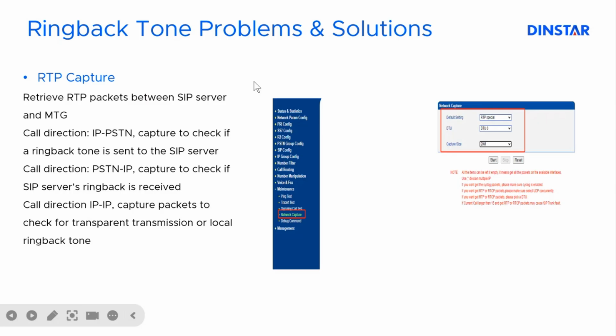Actions have different tracking focuses. If it's an IP to PSTN call, we capture to track whether the ringback is sent to the SIP server. If it's a PSTN to IP call, we need to check whether the MTG receives the ringback from the remote site. And if it's an IP to IP call,